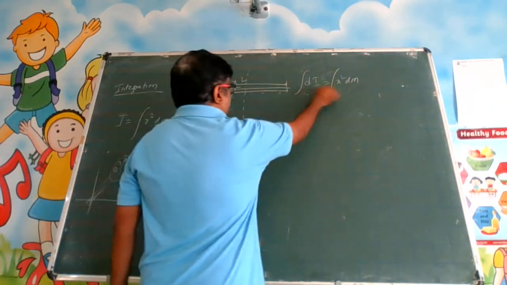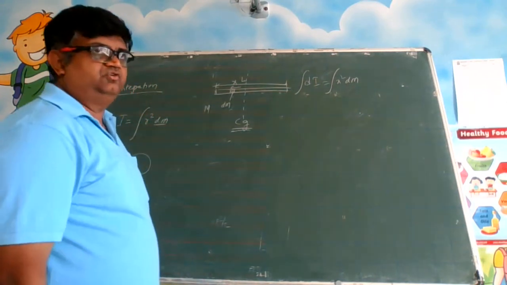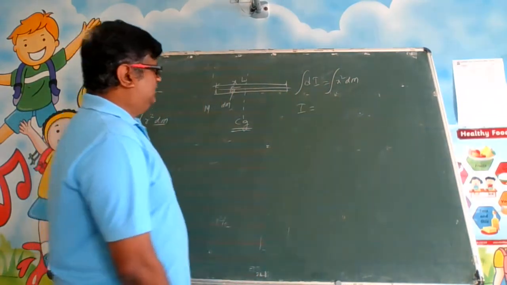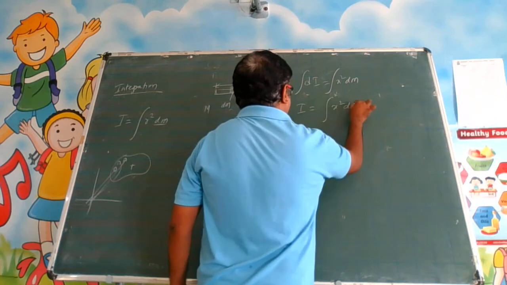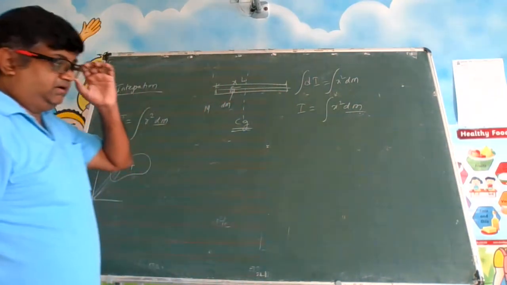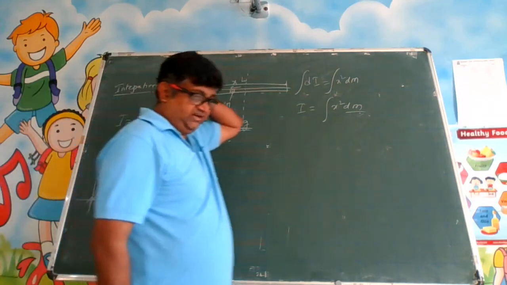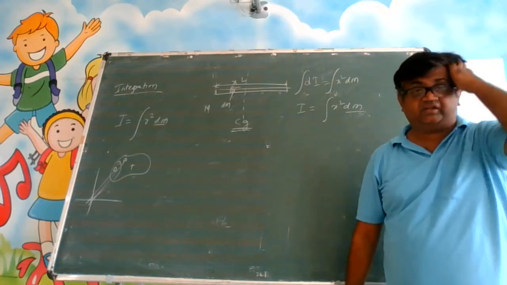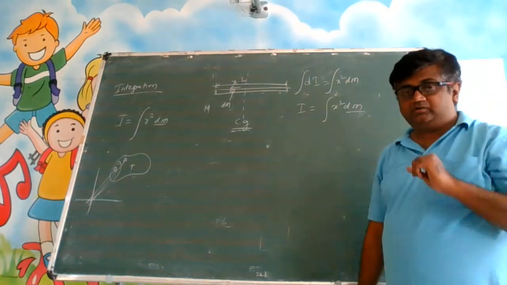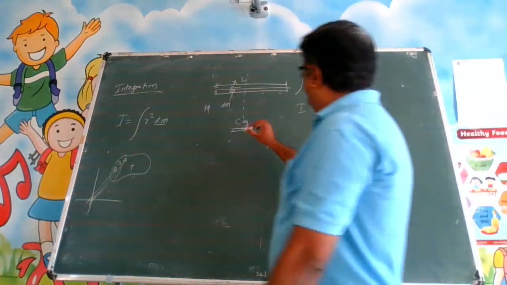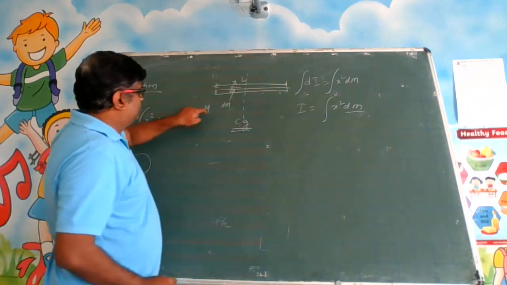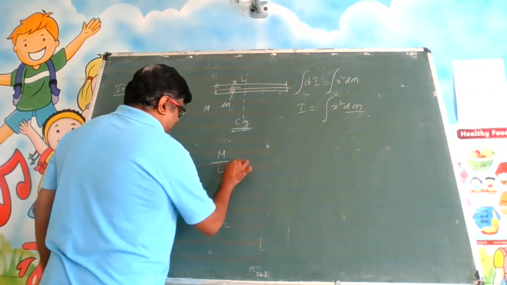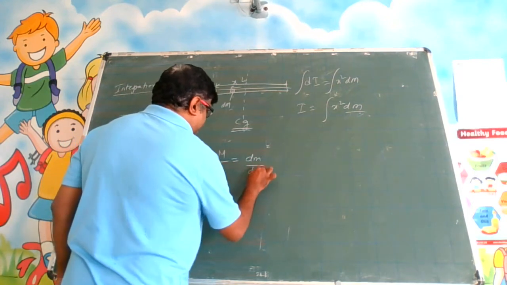Okay, if I integrate these small moment of inertia values, छोटा को जोड़ दिया तो क्या मिलेगा? टोटल मिलेगा. I is equal to the integral of x square dm. If you remember, while we were discussing center of mass, we were talking about linear mass density, areal mass density. Remember all the lambda value and all that. So देखो यहाँ पर, अगर इसका मैं आधा टुकड़ा करूँगा, मेरा मास कितना हो जाएगा? m/2 हो जाएगा. So can I write it like this? m/l is equal to dm/dx.